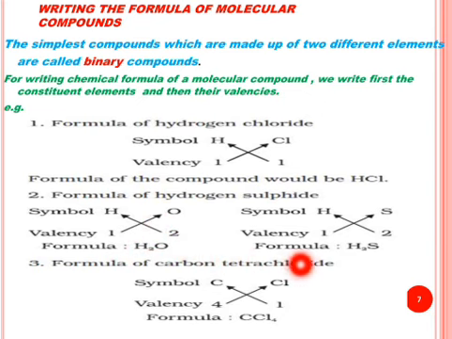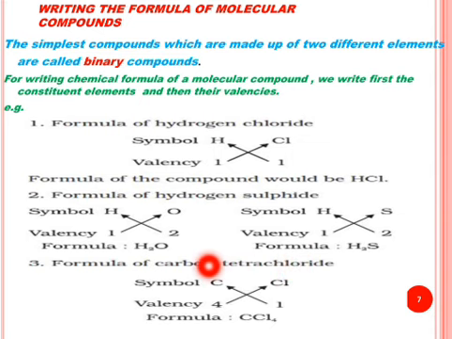See one more example. Carbon tetrachloride. Now you tell me, in carbon tetrachloride, what are the names of the constituent elements? Yes, you are right. One is carbon and the other is chloride, meaning it comes from the chlorine atom. So we write the symbol of carbon and chlorine. Then what is the next step? To write their valency. So what is the valency of carbon? You know, the valency of carbon is 4 and the valency of chlorine, chloride ion, is 1.